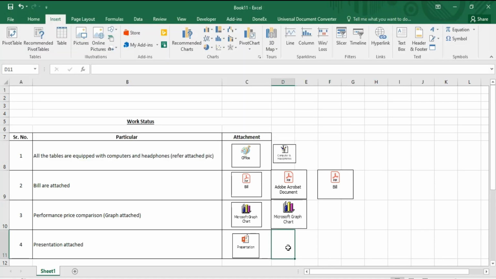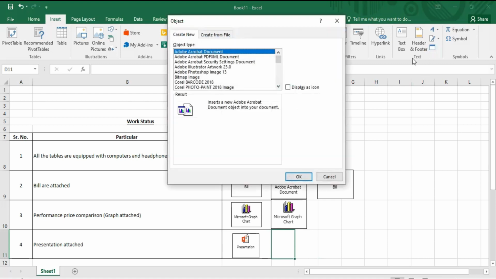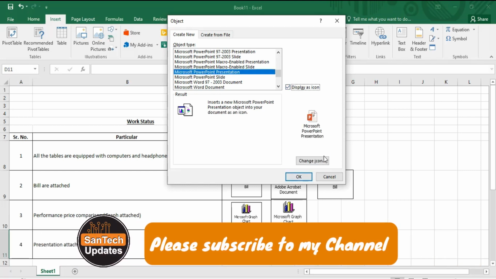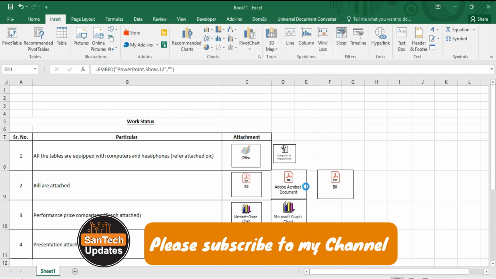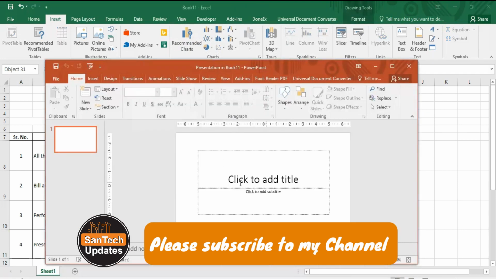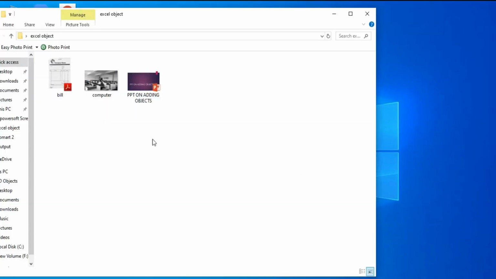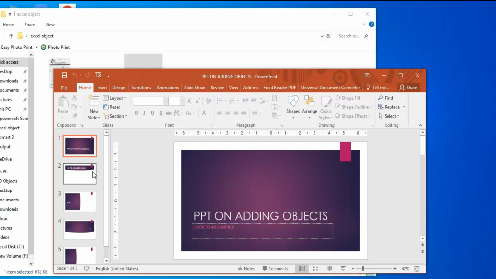Now we will come to the presentation object. Again go to object, click on Microsoft PowerPoint presentation, display as icon, OK. Now you can see that a blank presentation is open. Then we need to open another PPT which contains the slides.